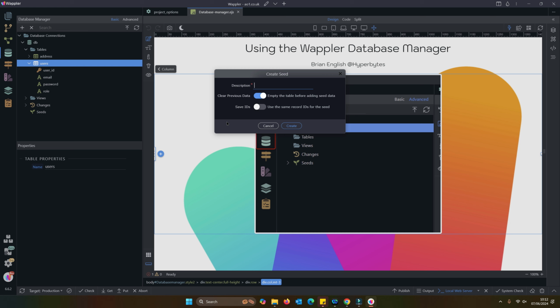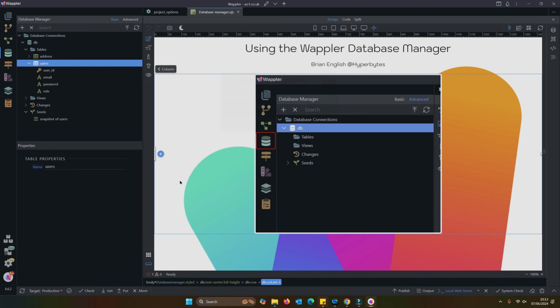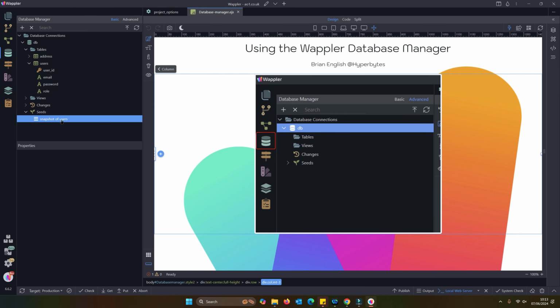We'll call it snapshot of users. We can choose to clear the previous data that was in there when we restore that seed, and we can even restore the original IDs should we need to. So just create that, and we see now we've got snapshot of users.